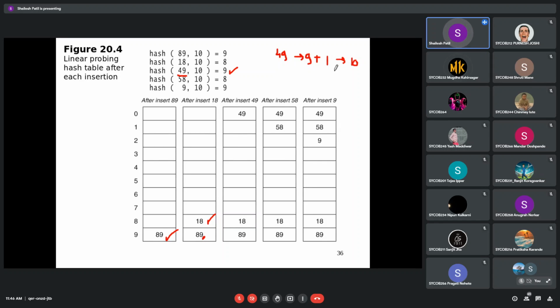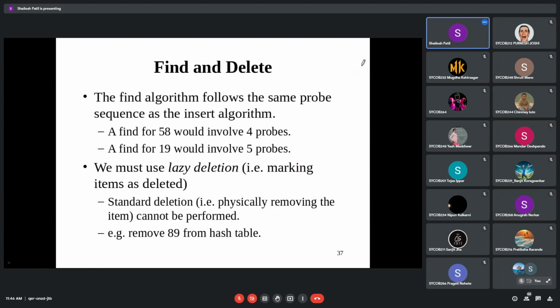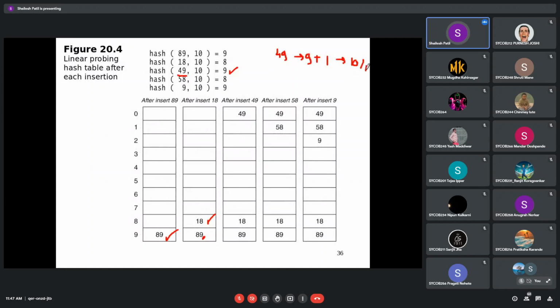Yes, but sir, we are making it mod 10. And again, that will be made as mod 10, so it will make 0. Just take mod 10, so it will directly go to 0. So it is just a circular division, you can say. Once it is divided by 10, whatever number it has, it will be moved circularly to the first position. So 49 will be over here. Getting?